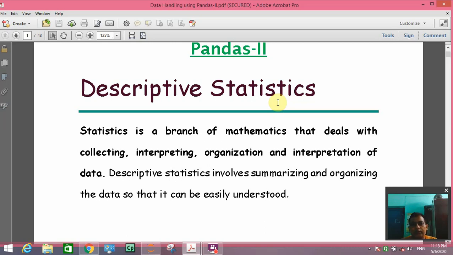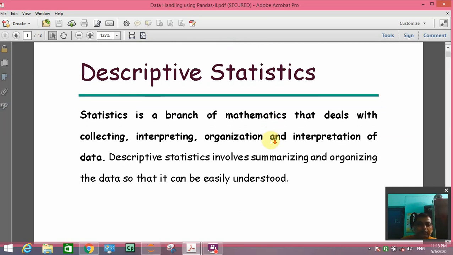So for calculation of different information, we need some tools. Those tools are provided by data frame of pandas module. These tools help us to find out different information from data.